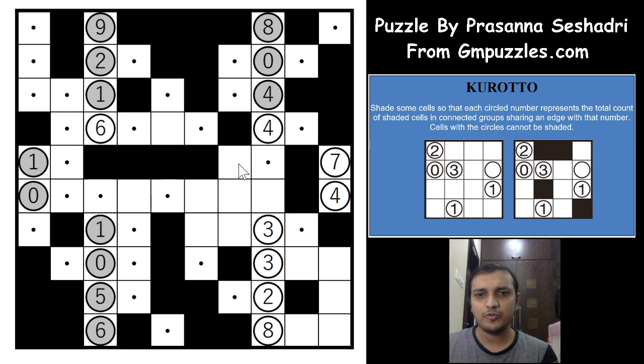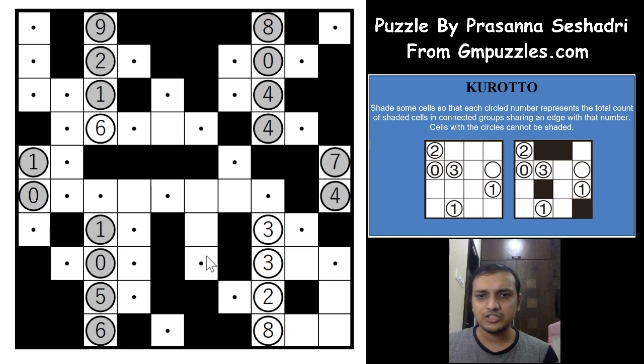For the 4 we need 4 shaded cells which will violate either the 6 or the 4, because we know that this group of shaded cells is 6 shaded cells, and then 4 will be violated, which means this has to be connected. And now we have fulfilled the 7. Let us unshade all this, and for the 4 to be fulfilled, 1 has to be shaded. Again for the 6, not yet sure, so this has to be shaded. For the 4 we have completed this, and for the 3 only these possible shaded cells.